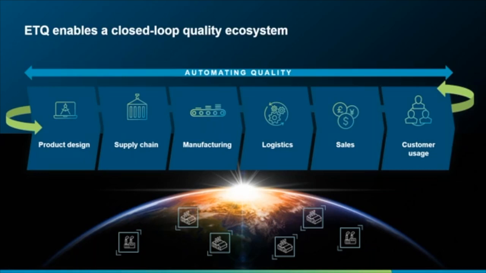ETQ looks at automated quality as basically extending through the entire product lifecycle, from product design to ultimately customer usage. It touches the supply chain and supply chain quality, the manufacturing of products clearly, the logistics and moving them from one spot to the other, the sales process, and then customer usage and feedback. All of this, every step along the way, creates data that can be fed back into the ecosystem to drive continuous improvement, push everybody closer to optimal product quality, reduce costs, improve efficiencies,